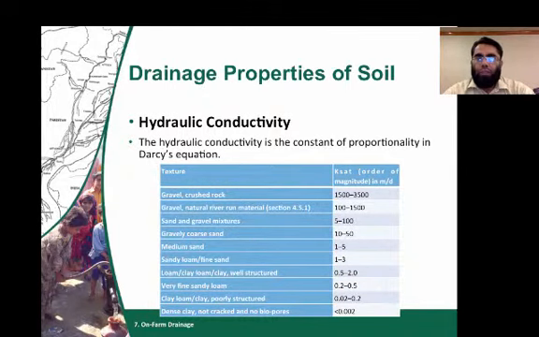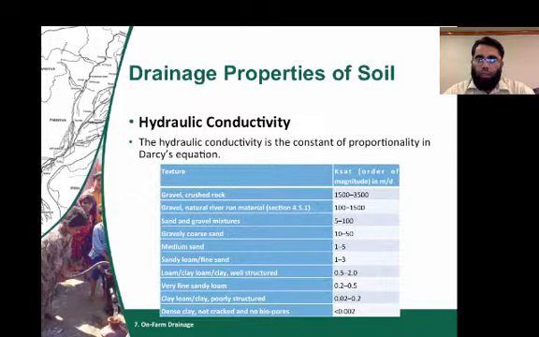The table here shows you the hydraulic conductivity of different soil materials. The more porous the soil is, the higher the value of hydraulic conductivity is going to be. As you see from this table, clay or dense clay or clay loam soil has a very low value of hydraulic conductivity,